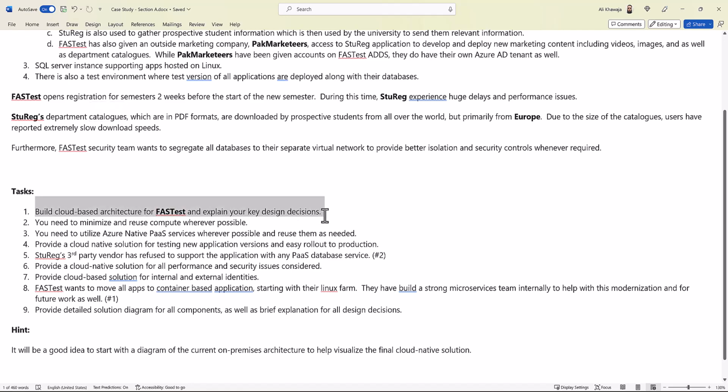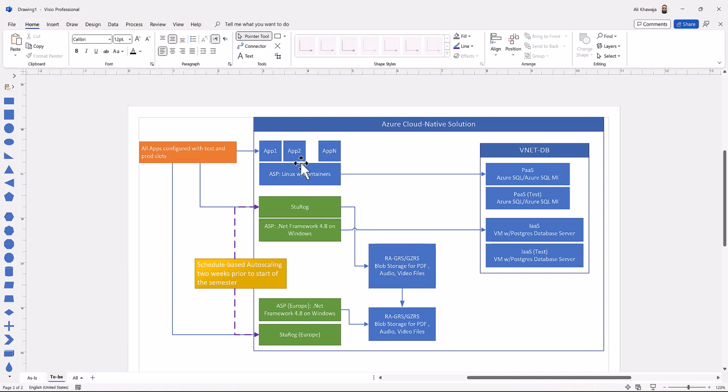We have done this one. Reuse compute wherever possible. Yes. This one, we reused it. There is nothing else we could reuse. Over here we can argue to reuse the same PaaS service with a new database. We can do this one as well actually, because this service can have multiple databases. So I can put, for example,